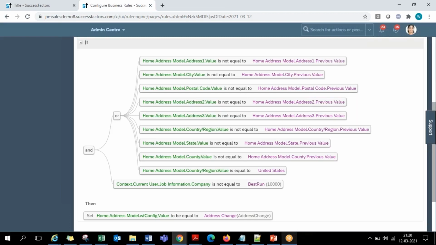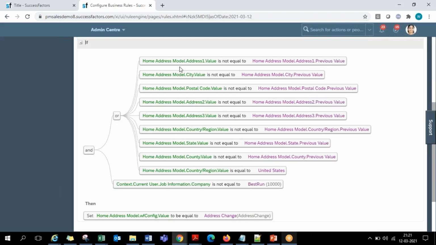If any field is found to have a change, for example the current new city is showing as Mumbai and the old city is shown as Pune, then that means there is a change. The current city on the screen is not equal to the last city value in the database. That means I identified that there is a change in the data made in this portlet in the city field. So if any of the fields got changed, not specifically the city field, address line 1, address line 2, address line 3, city, postal code, country, state, any field observed to be changed.